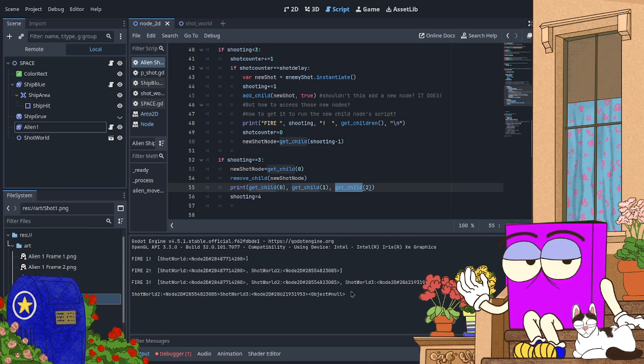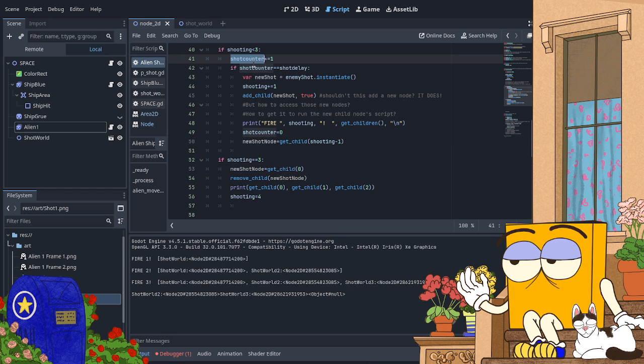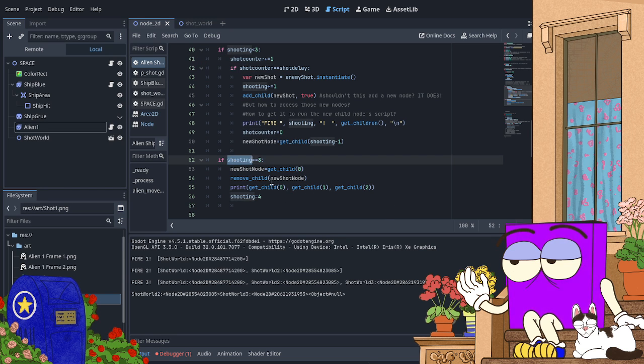That means it does do what I want. When I destroy a shot, the indices of the other shots will slide down to match what the shot counter is, or more accurately, the shooting value is.